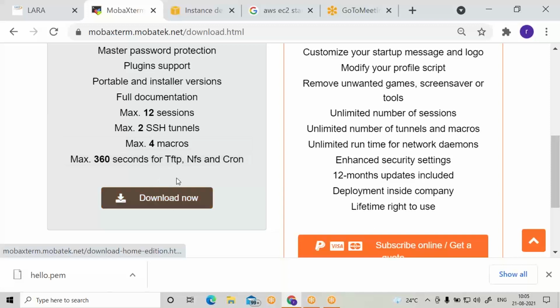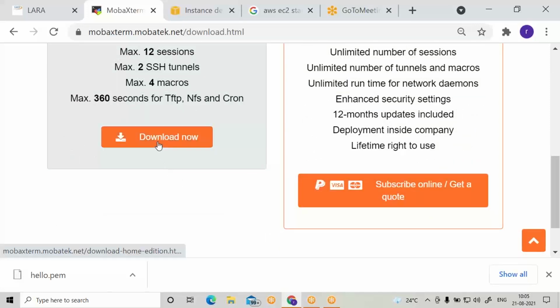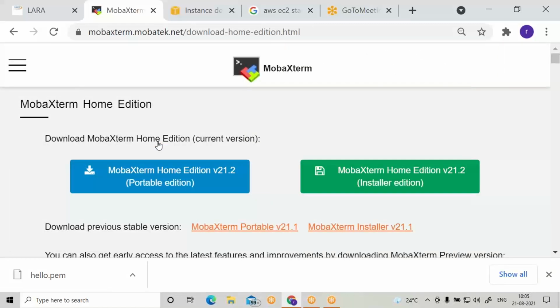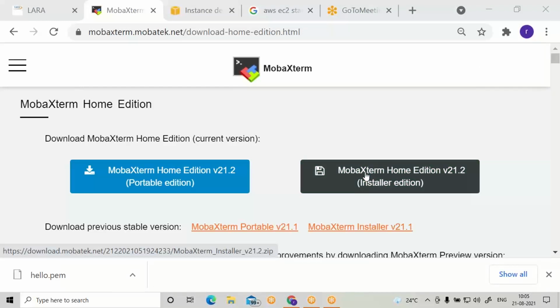Download this Home Edition. Home Edition is free to use. Click on Home Edition. Go for the Installer Edition, not the Portable Edition.